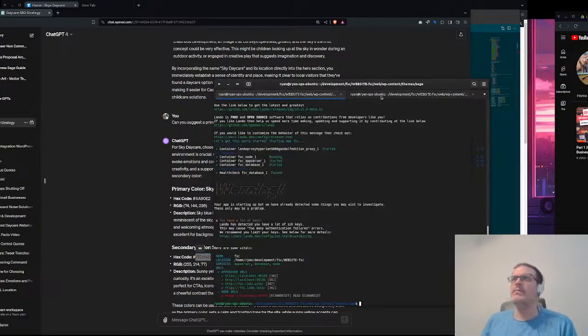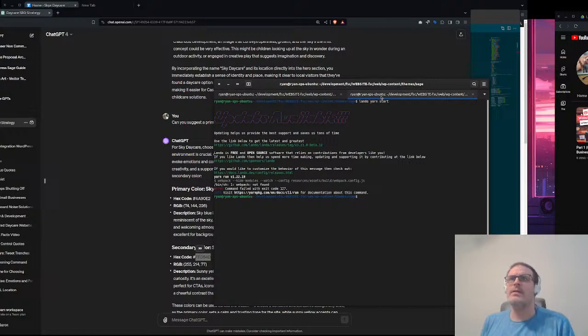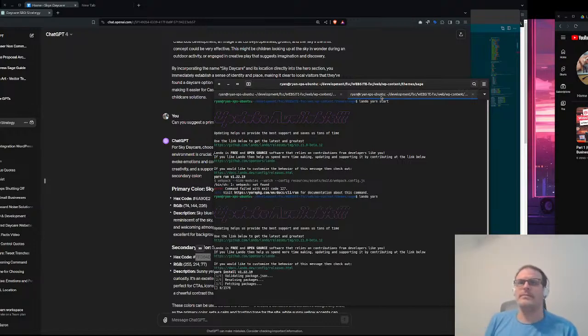But why am I getting this Webpack not found? Hide modules. Oh, you know what? I've never actually run this locally, so Yarn isn't installed at all. So let me go ahead and get that installed with just a